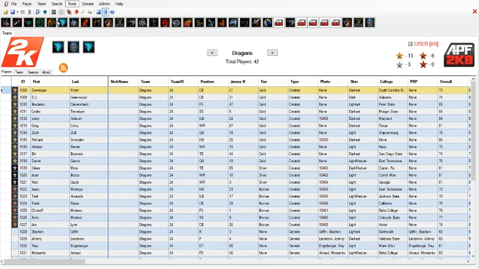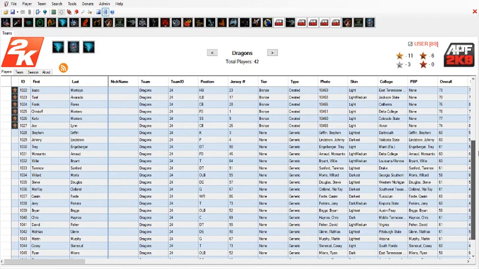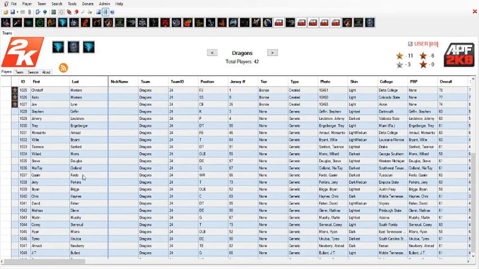If I apply SFL settings, it's going to give him gold cornerback numbers or stats. You can scroll down here, and if you wanted to, you can select every single player down here, make them a gold, silver, and bronze. Hit apply SFL settings, and every single player that you selected, no matter if he's originally a created player